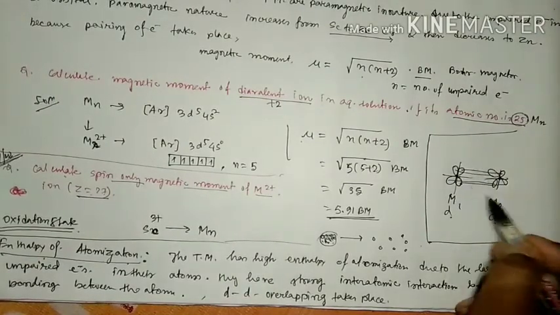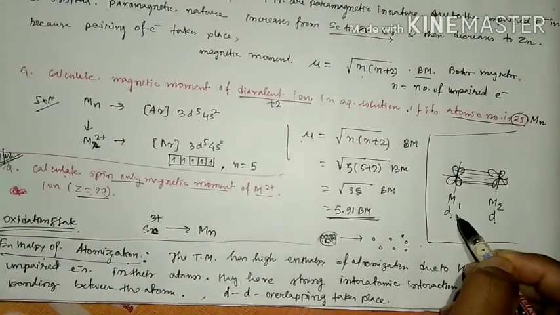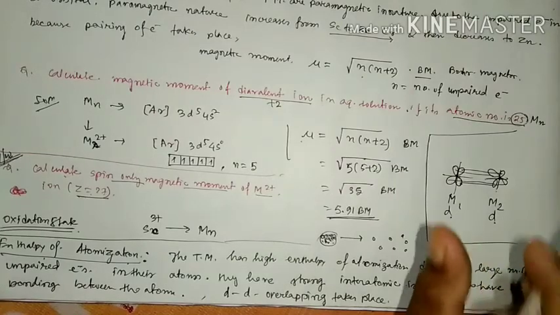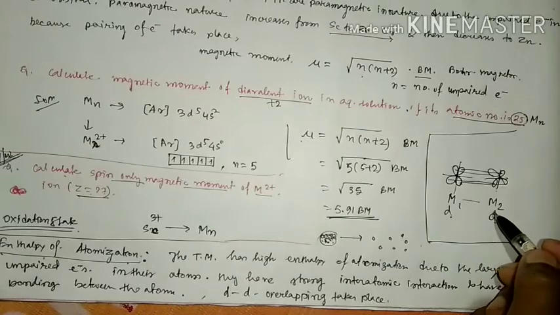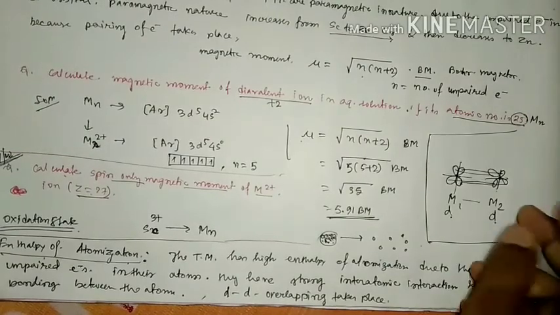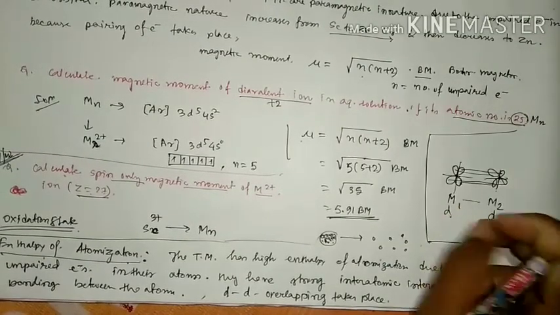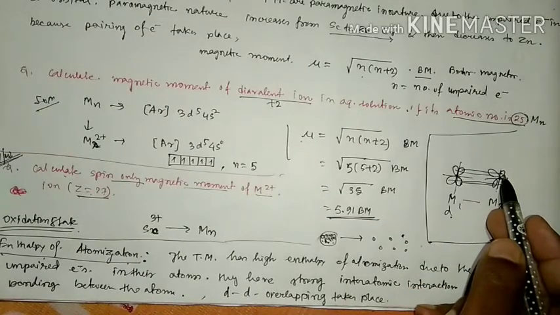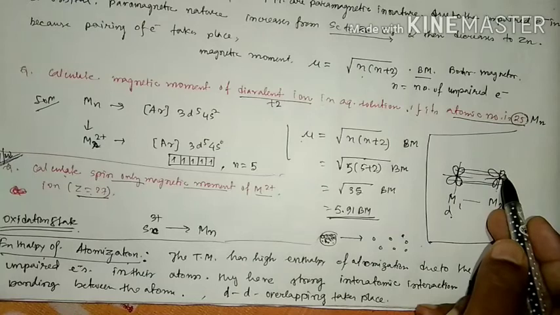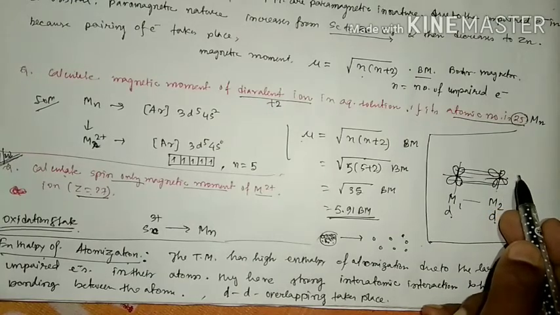Due to this multiple overlap, a strong interaction, or you can say a strong bond, is formed between two or more metals of transition elements. Okay, that's why they form dd overlap. dd overlap means d orbital overlapping. Okay, understood, no? Okay, see the next property.